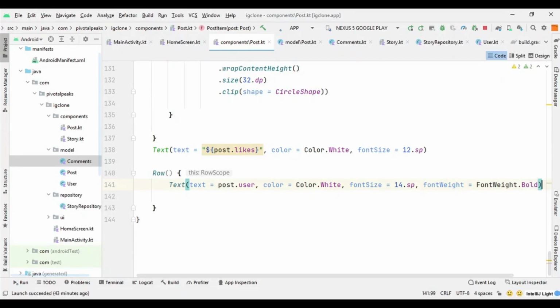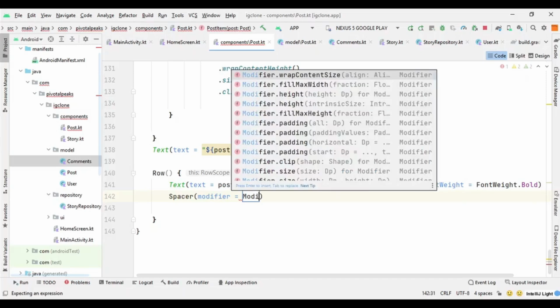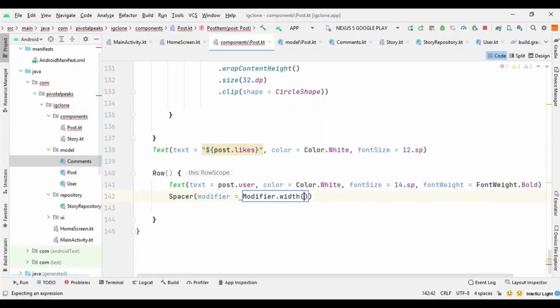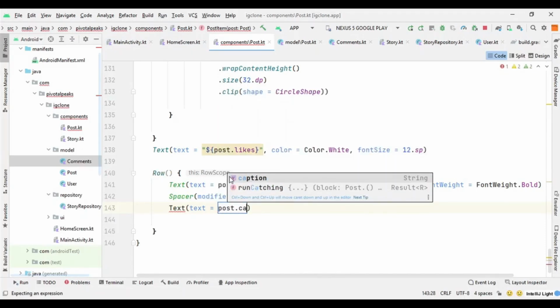Then we need the caption, so we can provide a spacer, we can create a little bit of space. For that we can say Spacer modifier dot width, and we can give it 5.dp of width. And then we can say text, and for text we can say post dot caption,